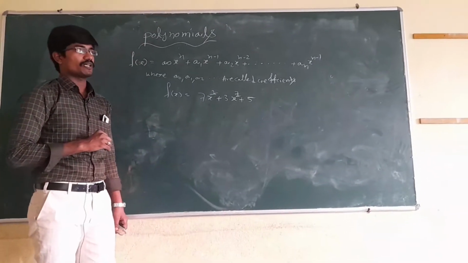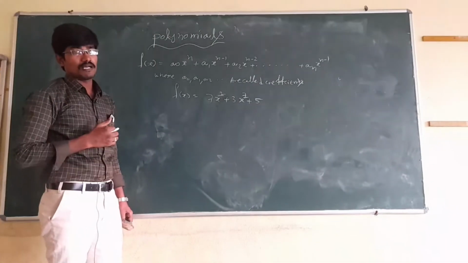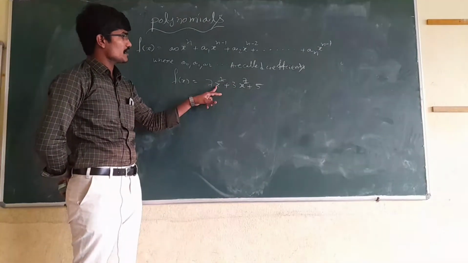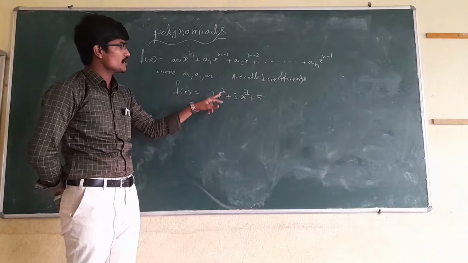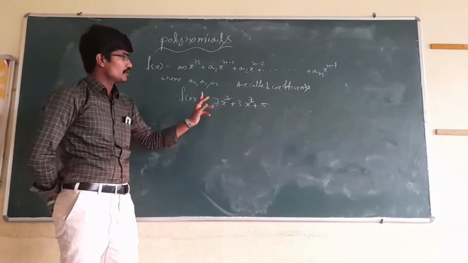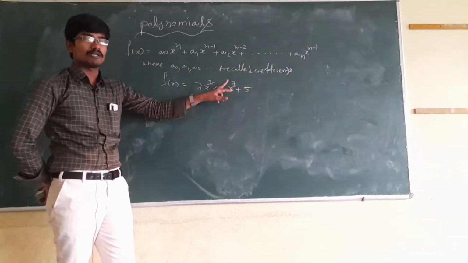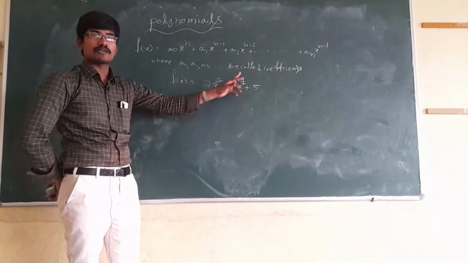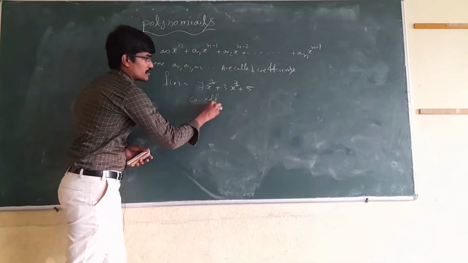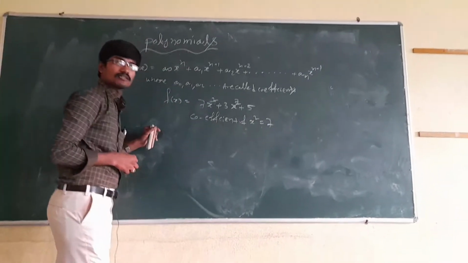Then next we can see that model. What is the coefficient? They will ask the coefficient. Here x is the variable. What is the x square coefficient? x square is multiplied with 7, so the x square coefficient is 7. And for suppose they ask the coefficient of x power 7: x power 7 is multiplied with 3, so the x power 7 coefficient is 3. Like that they will ask questions. The coefficient of x square, the answer is 7.